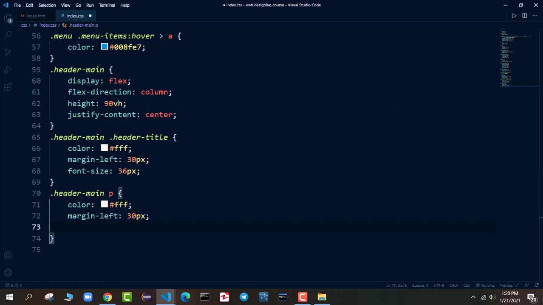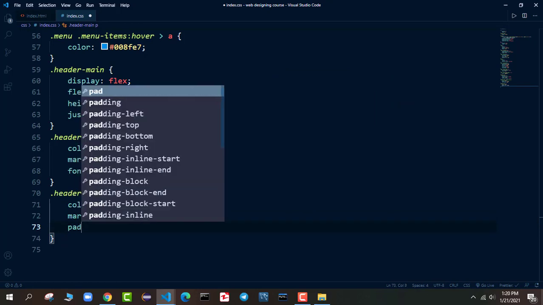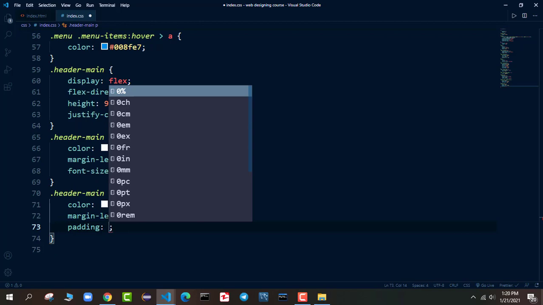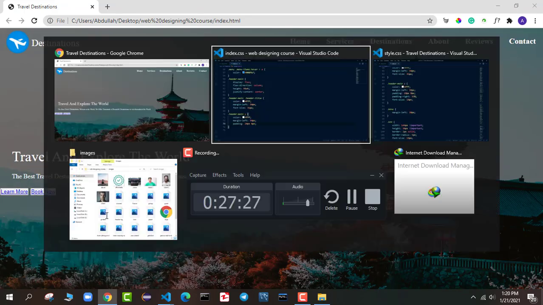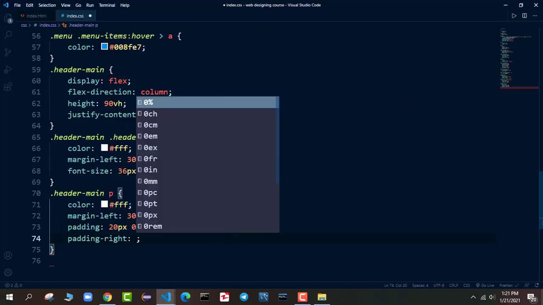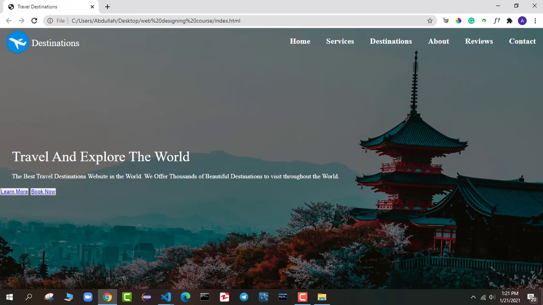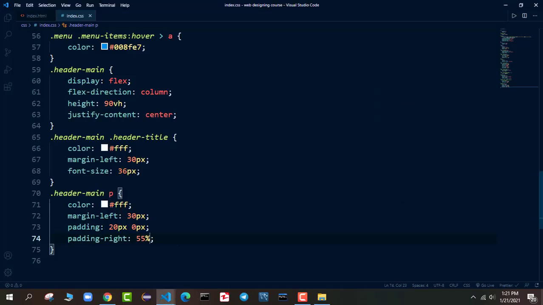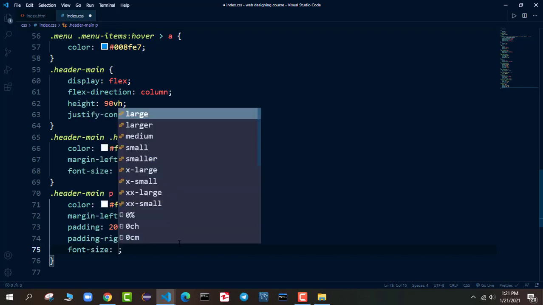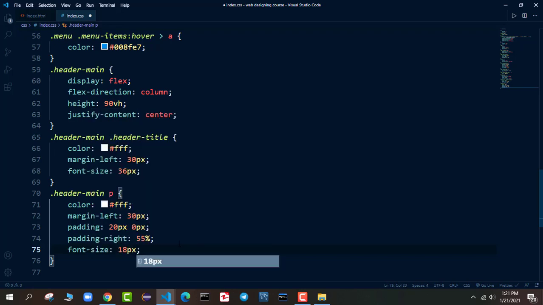We will say padding, we want 20 pixel from top and bottom, from left and right 0 pixel, padding right 55%. Now you can see it will go only till this point because this is the padding that it has. And now I want to change the font size of this, so I will say font size 18 pixel.